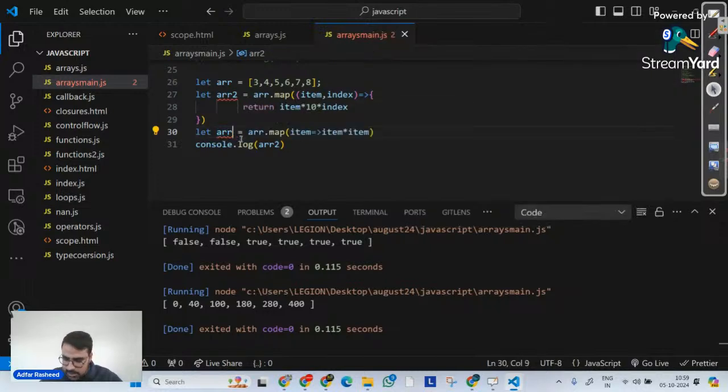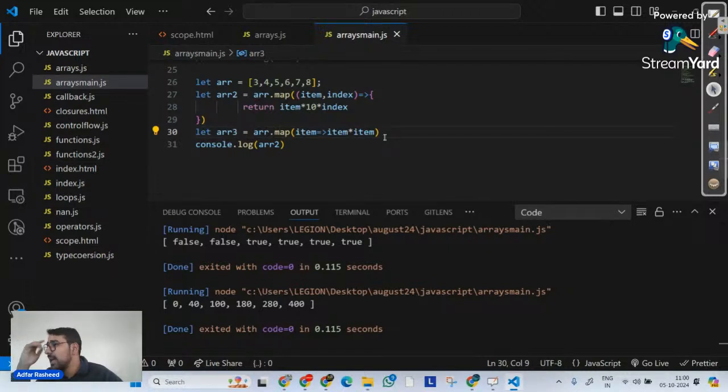Yes or no? Whenever our fat arrow function only returns one statement, we don't have to write the curly braces, and we don't have to write the return keyword. And this is what we have already seen.